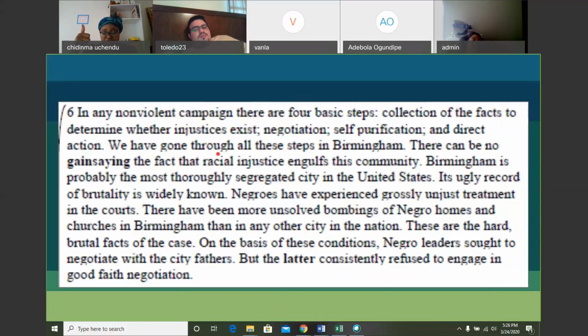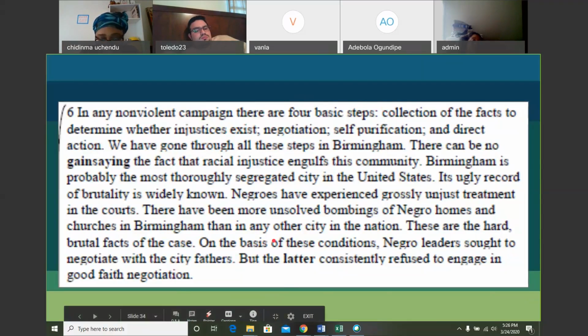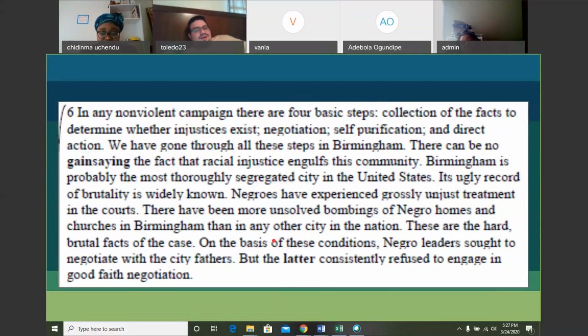Do we understand these 4 steps, or do I need to repeat it again? We good. Okay, and someone is just joining us. Is that Delania? Hi, Delania. Hi. So last week we analyzed paragraph 1 through 5, and this week we're focusing on 6 through 9, okay? So we just started reading paragraph 6 now, okay?